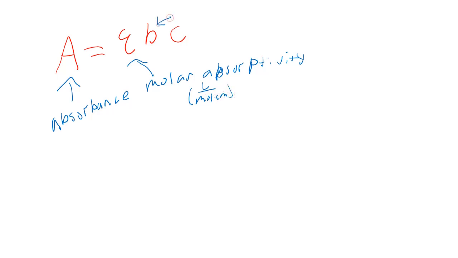B is the path length, and specifically the path length of your cuvette. Luckily in our case, and in most cases, the path length is 1 centimeter. And then C is our concentration in units of molarity, or moles per liter. So what you're going to do is you're going to take the absorbance is equal to,